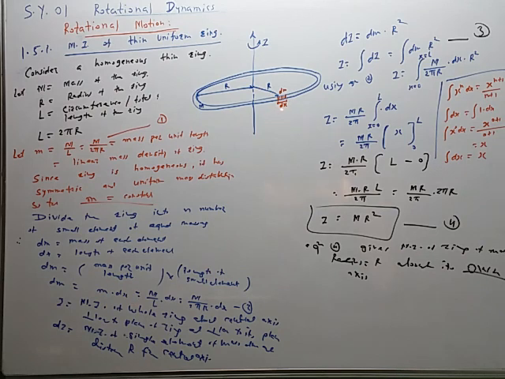This element has length dx along the circumference of the circle. So we have substituted this value of m here. So m upon L, mass per length, is m upon 2 pi r. So the mass of each element is given by equation 2. If I is the moment of inertia of the whole ring about the central axis, it is called the central axis. The axis passing through the center of the ring and perpendicular to its plane is called the central axis, or it is also called the own axis, like this.